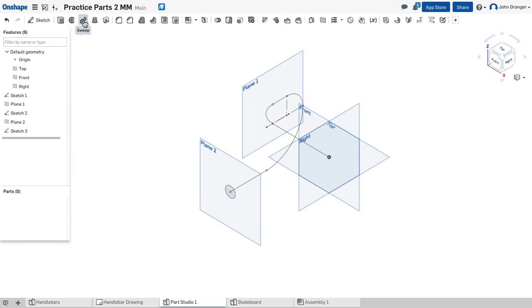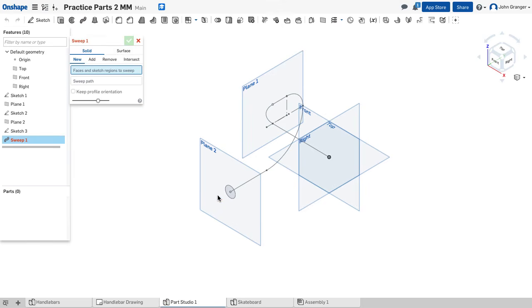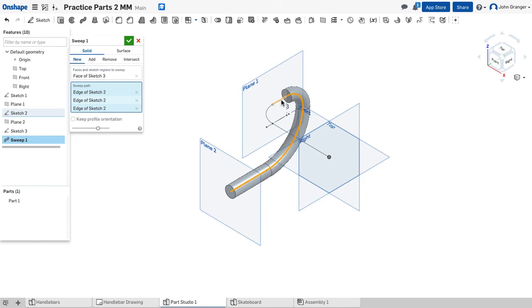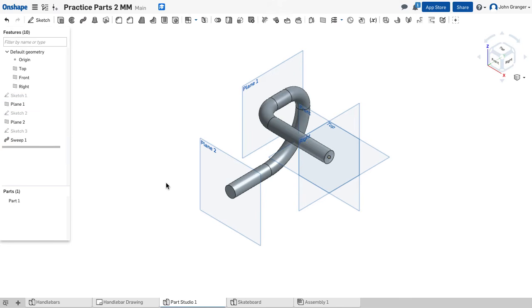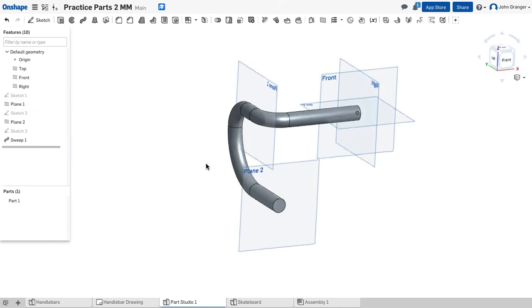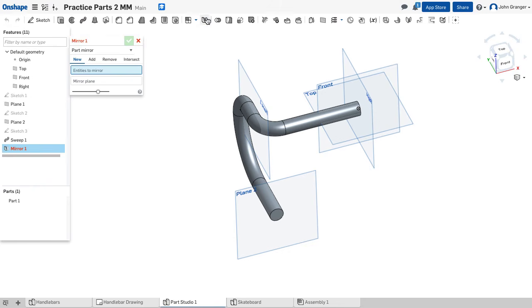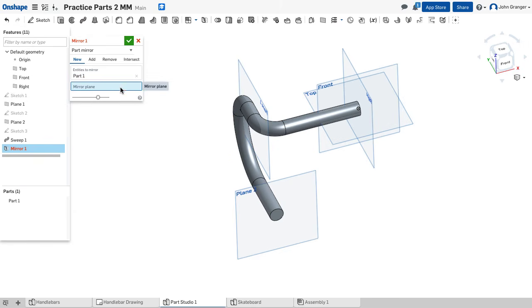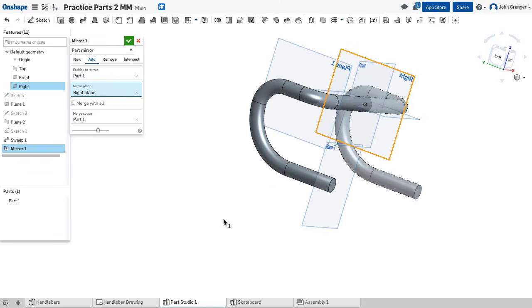So we will use our sweep feature. We'll choose that profile, and now for our sweep path, we will click on the segments for that to follow. And that looks right. So we'll accept that's half of our handlebars. So our next thing is to mirror this half. It wants to know what entities. I'm going to use a window to choose all of that, and then the mirror plane, which will use the